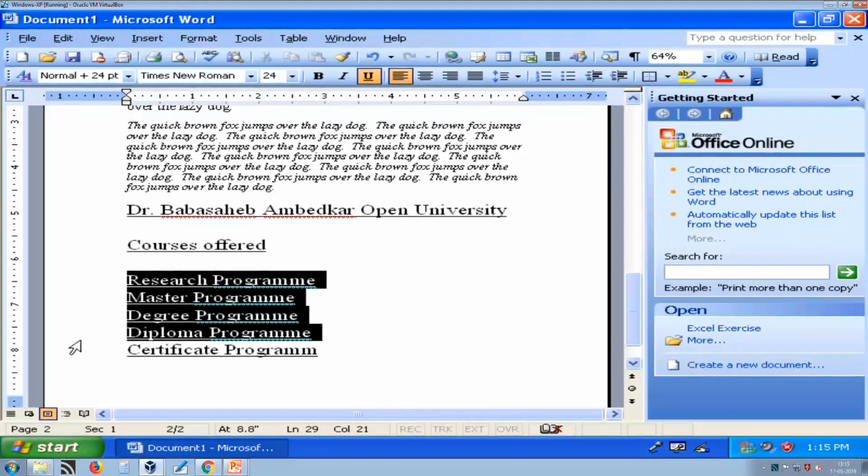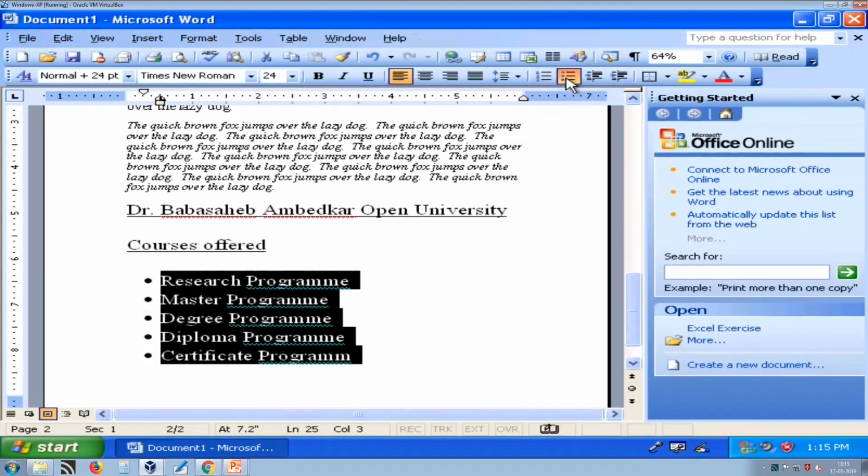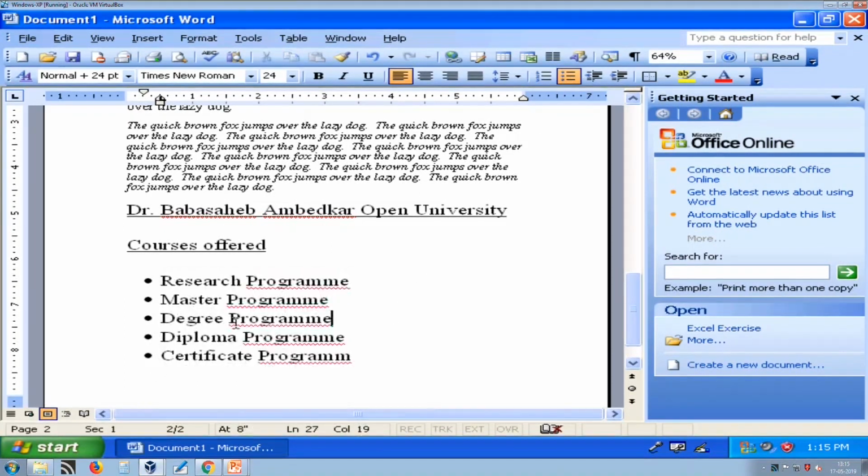For these we can automatically give numbers. How to give this? I can just press this numbering, and it will automatically give numbers 1, 2, 3, 4, 5, and if I use a bulleted list, then it will show a disk for these list items.